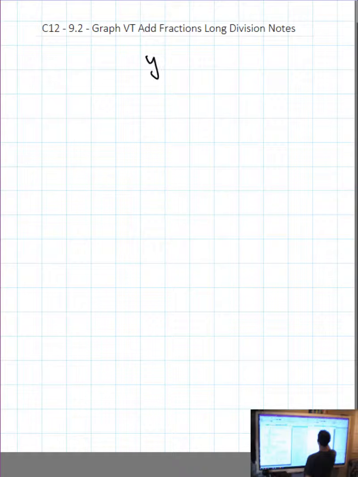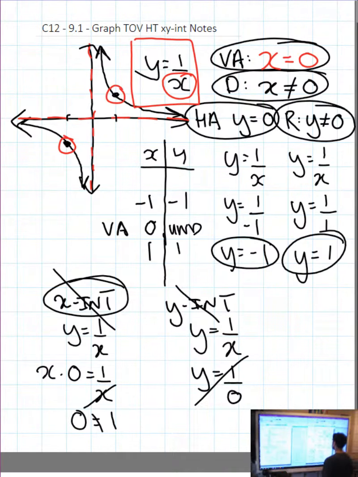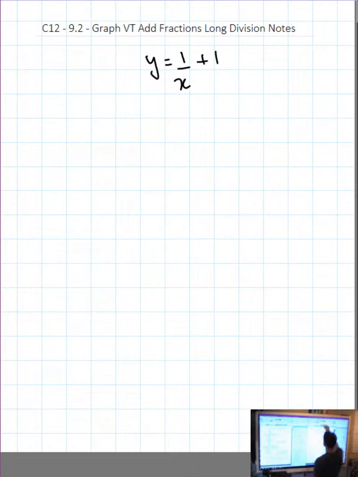Okay, let's take a look at the graph y equals 1 over x plus 1. So again, we're going to look back at 9.1, graphing 1 over x. We have an interesting looking graph that we talked about. We want to memorize that graph. So if I want to draw this graph,